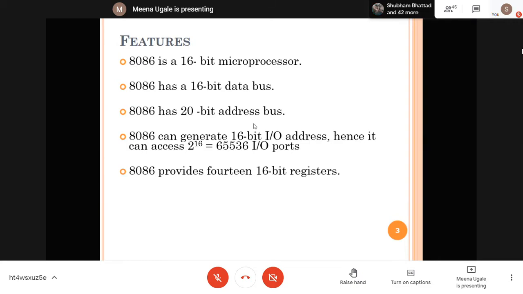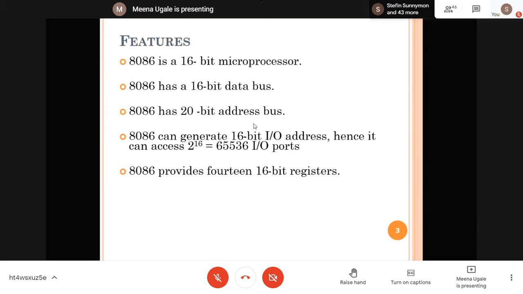Next, 8086 provides 14 16-bit registers. What is a register? A register is a temporary memory location inside any microprocessor. As we have seen in the flip-flop concept, the flip-flop gives you storage locations, and these registers are designed with the help of flip-flops only.